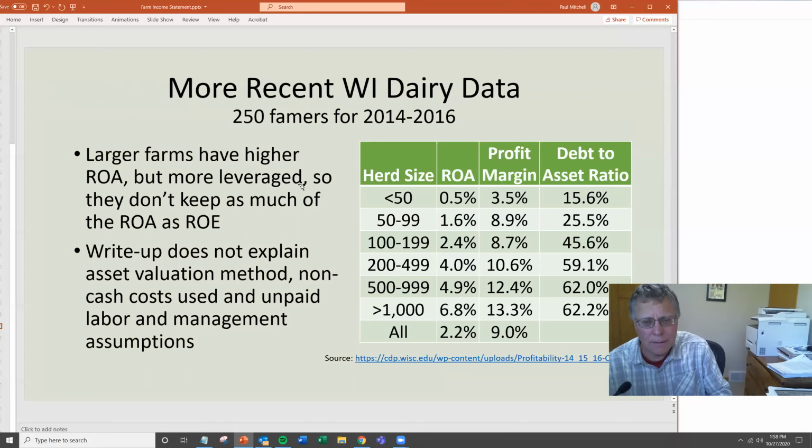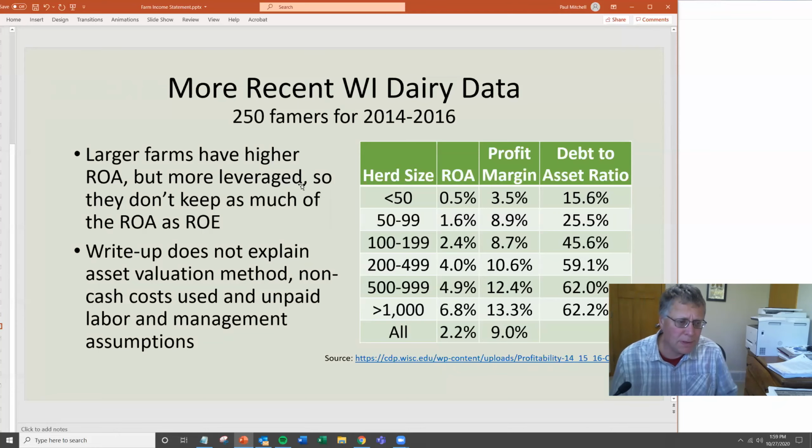But look at the debt to asset ratio. Those larger operations are much more leveraged. And so even though they're making more money in terms of the business, they're not keeping as much of it. A big chunk of it is being sent off to whoever the external equity providers are. And see the profit margins as well go up as you get larger. Starts at a small 3.5% all the way up to